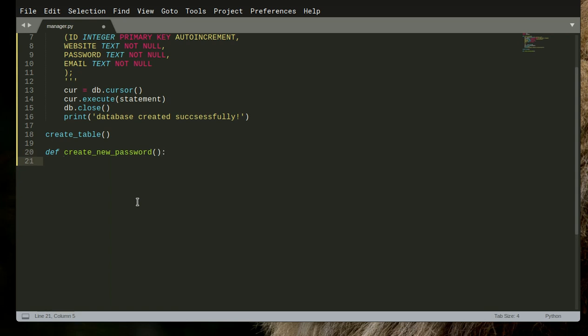So creating new password, we need to also connect to our database. So sqlite3.connect database.db, and then we can just say statements. So this time around, since we want to be inserting into our database, it's also going to be a multi-line string,